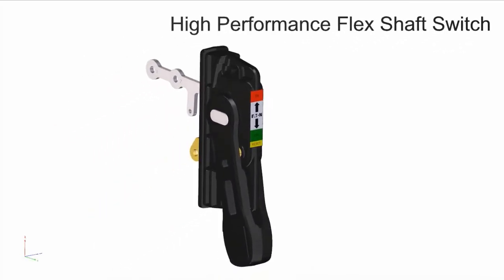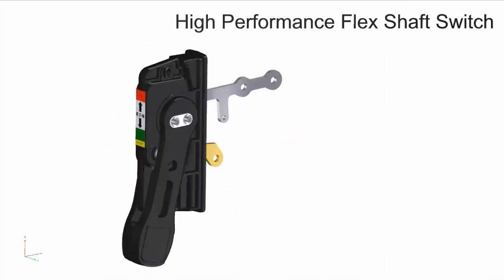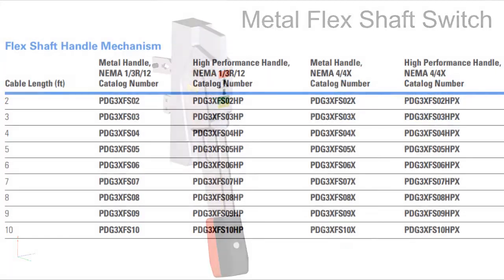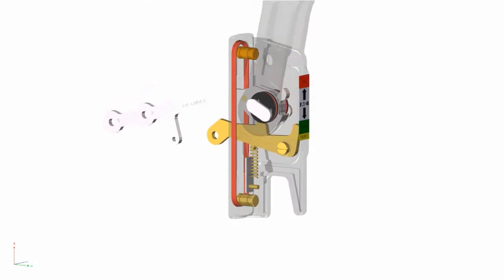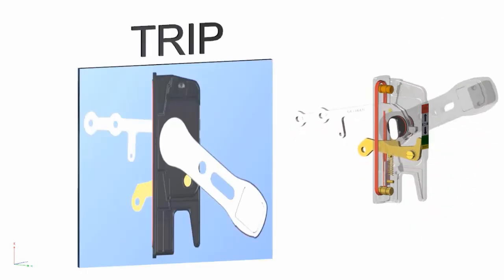The PD3 flex shaft assembly is available with both high performance and metal handle options. Both options have NEMA 1, 3R, 12 and NEMA 4, 4X ratings available, and cable sizing from 2 feet up to 10 feet. When selecting the cable length, please ensure a minimum bending radius of 4 inches is maintained for proper operation. For information on drill and cutout patterns for mounting the flex shaft handle, please see the instruction leaflet included with each assembly or on our website at